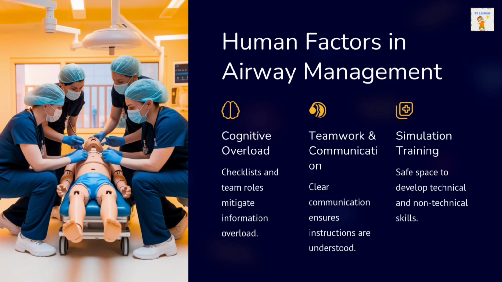We have to rely on teamwork and communication because effective airway management requires clear communication. Closed loop communication is necessary because that ensures that the instructions are properly understood. Whenever we give some instruction to somebody, the person who follows that instruction has to give feedback that this task has been done, and this is how the loop of communication is closed. Briefings and debriefings before and after the procedures also improve team awareness, and if there are any conflicts, we should address them constructively.